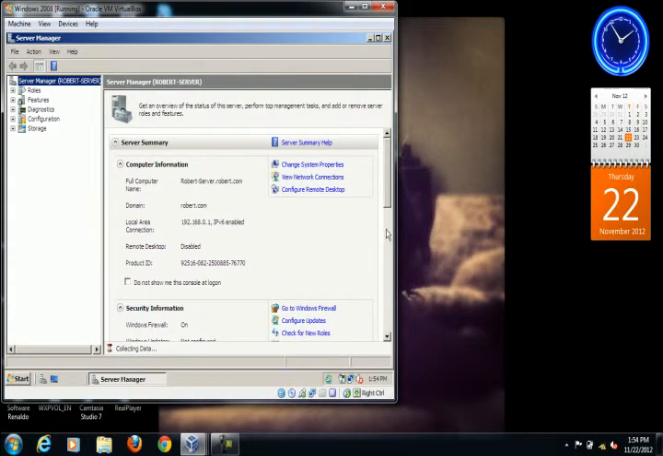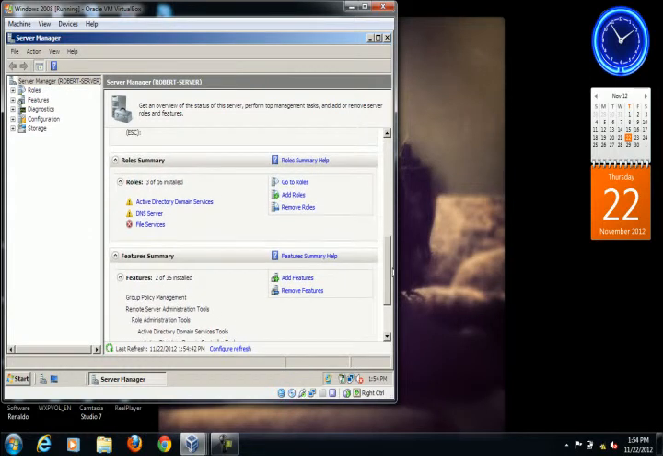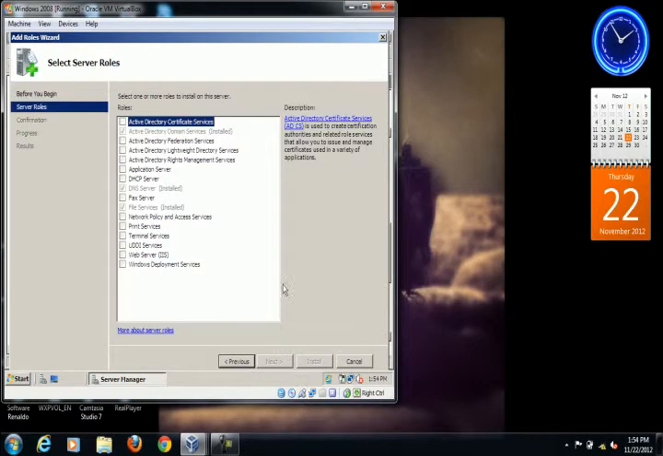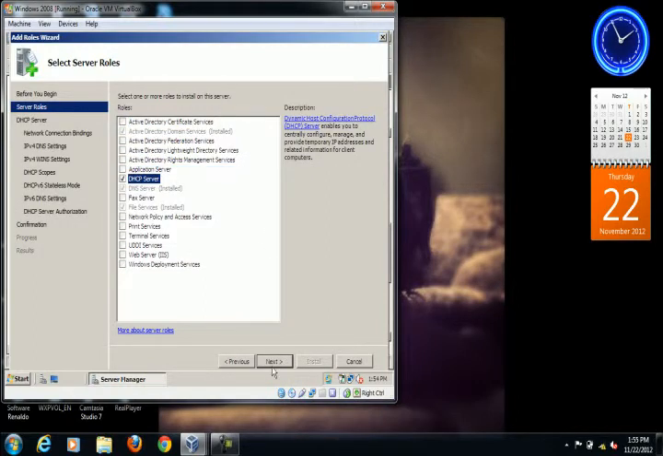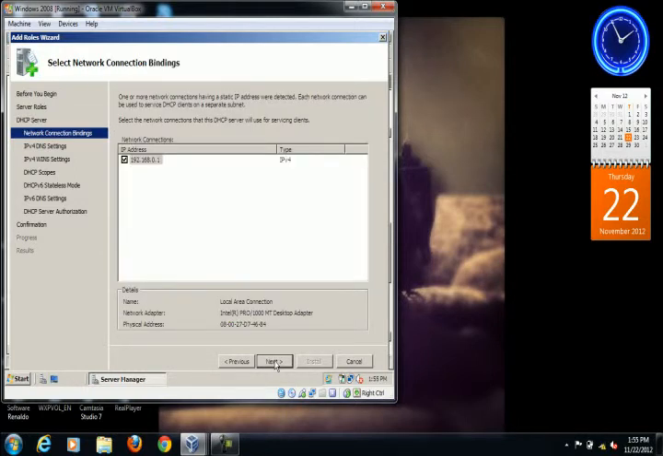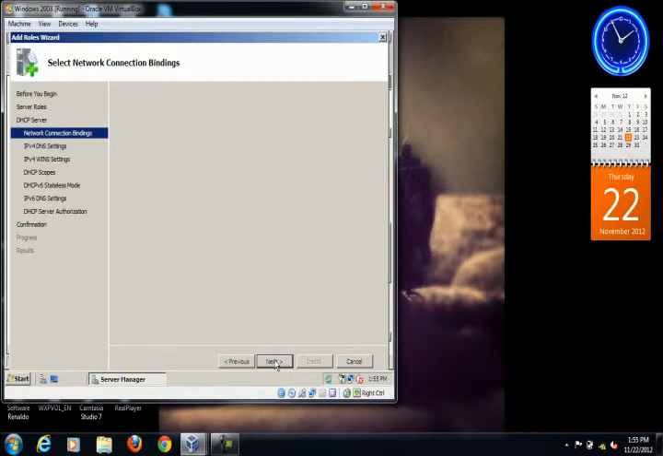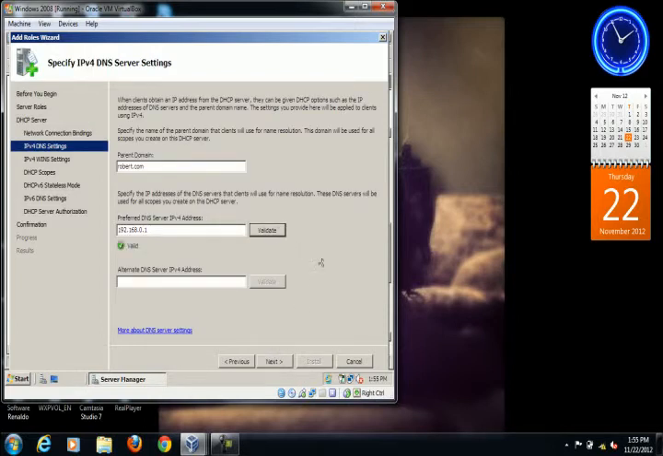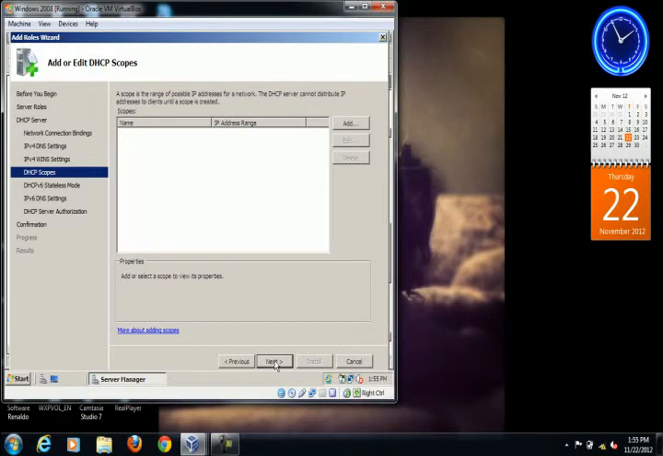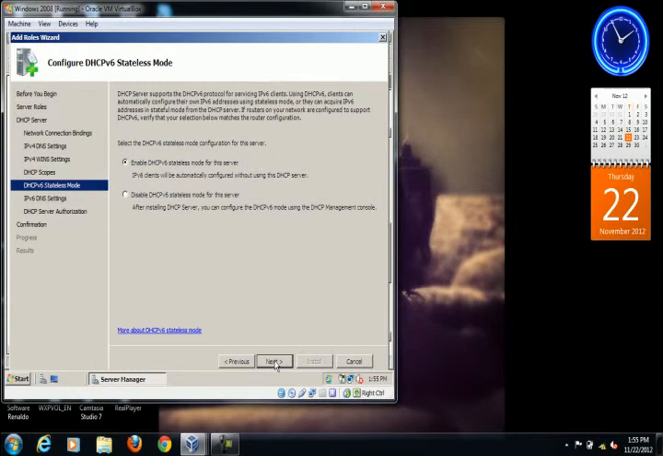And we'll need to go to our server and add a new role. We go to add roles and press next, highlight DHCP server and press next. Next again. There's the IP address of our server, so press next. Validate our IP version 4. Next, we won't be setting up WINS as yet, nor our DHCP scopes as yet, so we'll next through the both of them. And then we need to validate our IP version 6